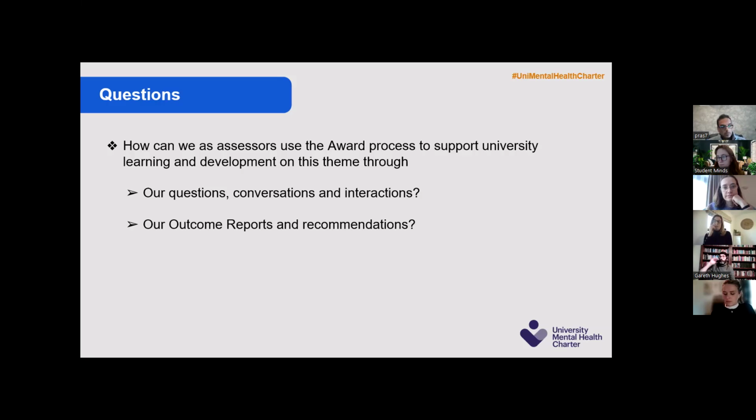And maybe just by repeating the question, it's an interesting thing that we get feedback from universities sometimes about, we were really surprised by how much attention got paid to X. And just by paying attention to something across a number of panels and focus groups, that in itself can emphasize to a university how important something is. So I think that's a really good point, Hannah. Thank you. Pras.